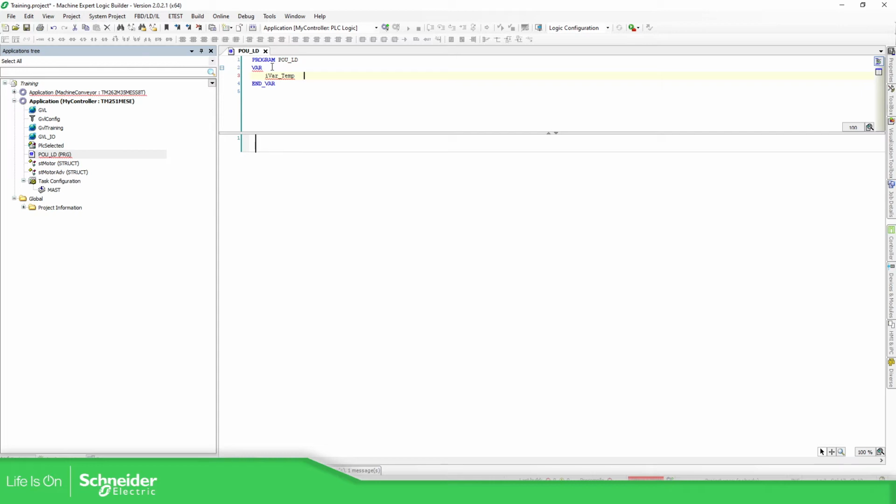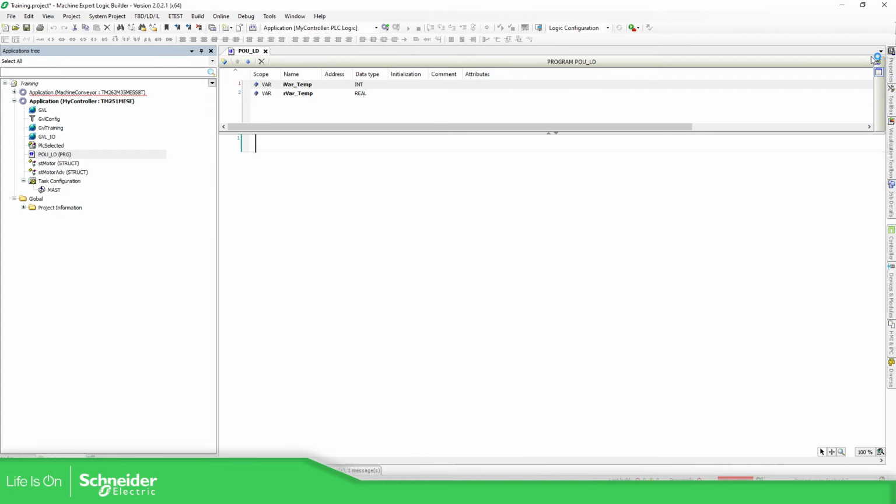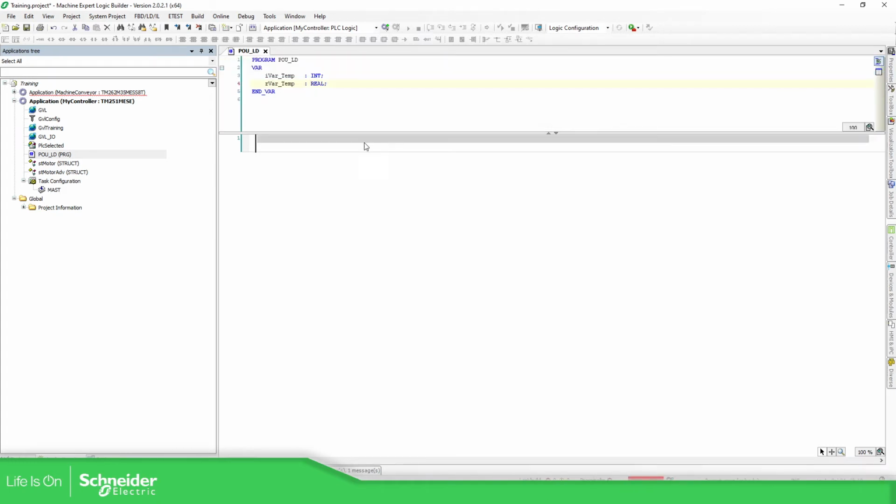This would be int. I believe this is the notation, good. And then I'm going to select var underscore temp real. Okay, final row, this is the right nomenclature. Yeah, perfect, it's the right syntax. Good. So in order to move this value to the other one, we can just define